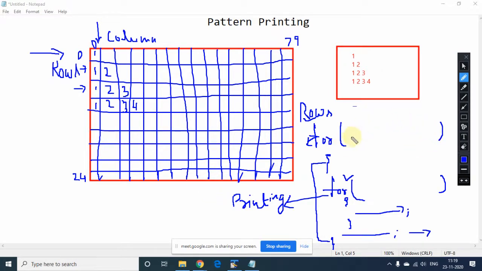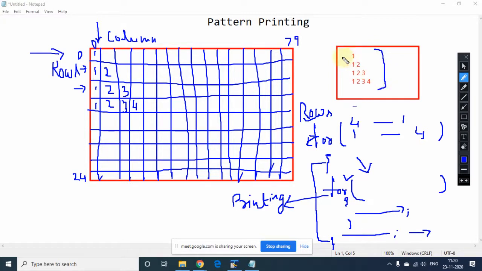It can go from 1 to 4 or 4 to 1, depending on the requirement, because the outer loop is basically a supporting loop, and it supports the printing of the output. The printing loop totally depends on the pattern you want to print on your screen.